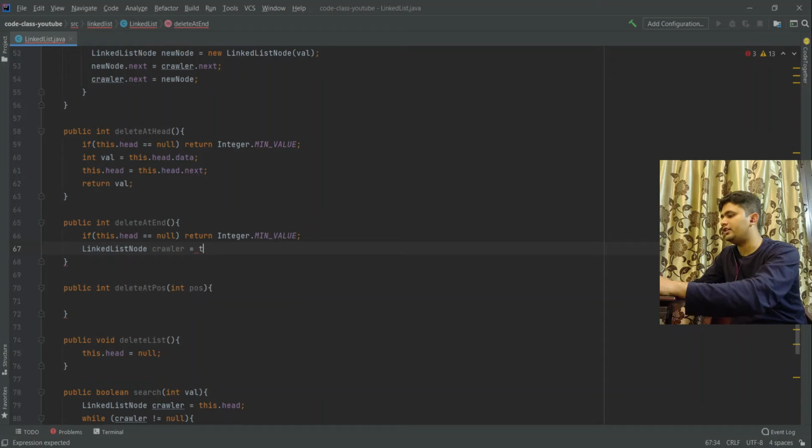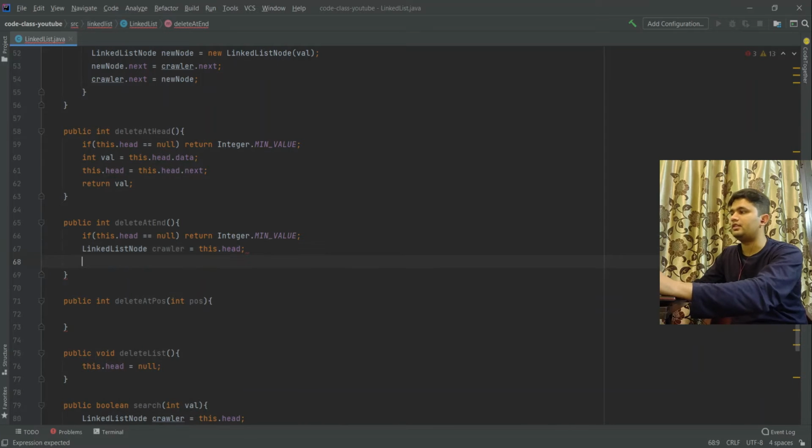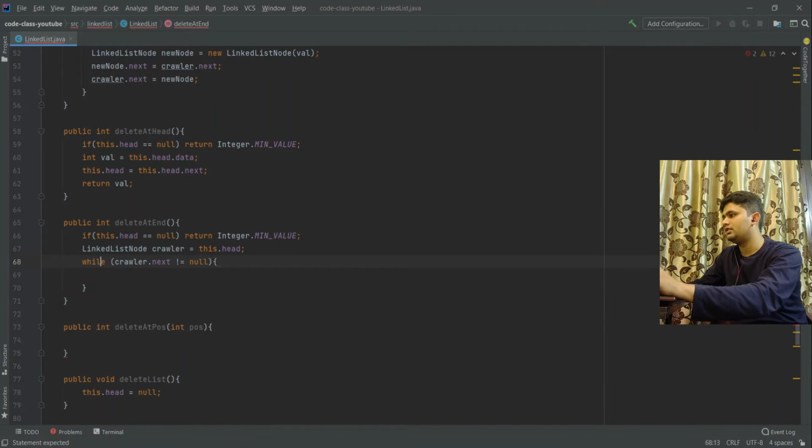Okay, we have created our crawler, and this will start from the head, and now we will move ahead with this crawler until crawler dot next is not equals to null.